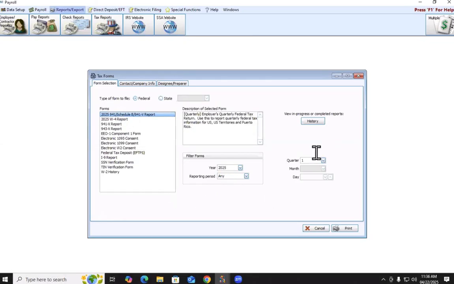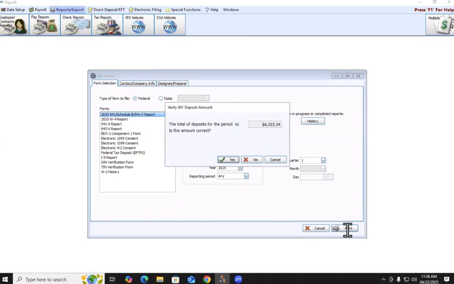Then we go to our quarter. Now we're going to click print in the bottom right. This is a really important screen: the verify 941 deposit amount. This amount is gathered based on the payroll information and payroll postings that are occurring for the quarter that you've selected. So in this case, our total deposits for quarter one of 2025 total